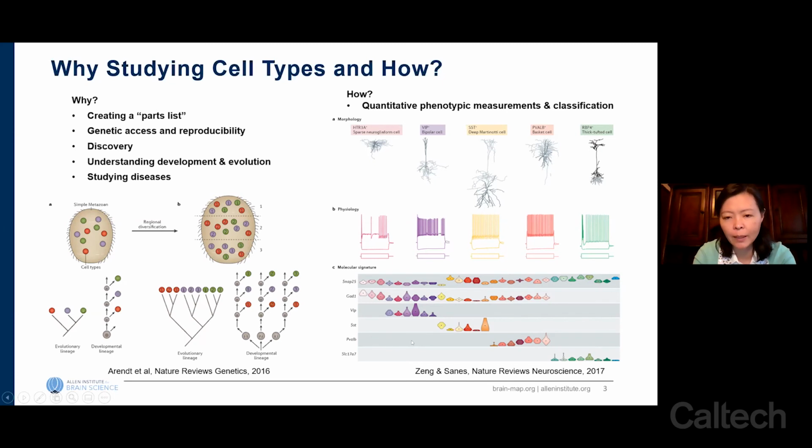For example, we want to know how cells vary in their properties at a molecular level, at physiological, morphological, connectional, and possibly functional levels, and use a data-driven approach based on those quantitative measurements to classify cells into types, and in particular, to look for congruency of the properties across the different modalities to arrive at a unified definition of